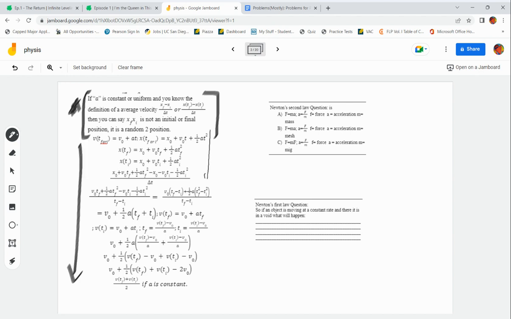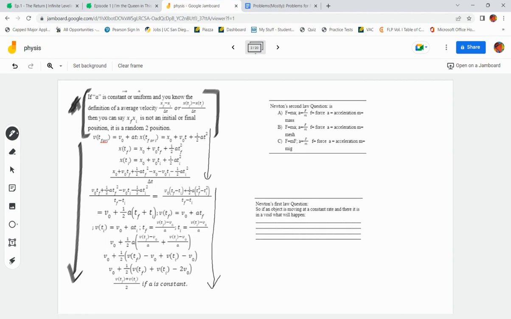But I don't care. So I am just going to solve it out here and hope you get it, because 2A doesn't care about this. But what's happening here is that we have a constant A, which implies this thing, but initial and final are not initial and final. It's two random points. So we have to use zeros and ones, if I ever used one here. I don't remember if I used one to describe the initial and final point